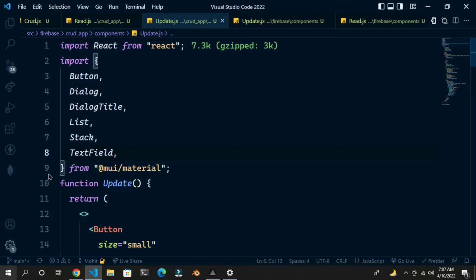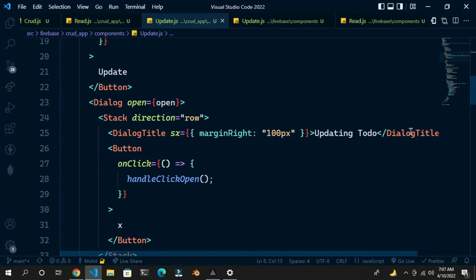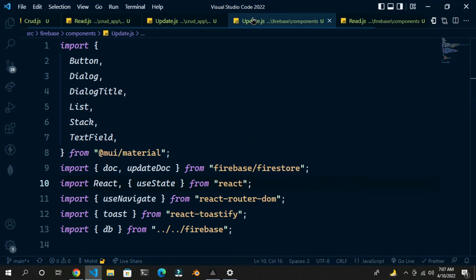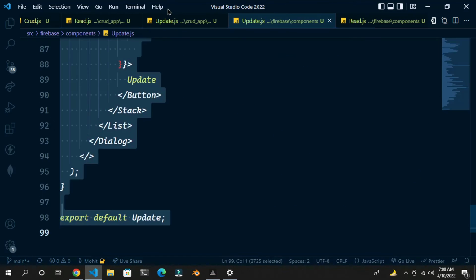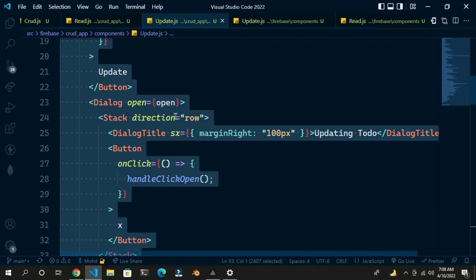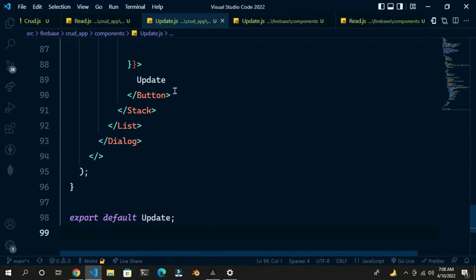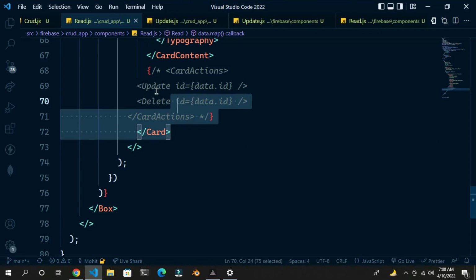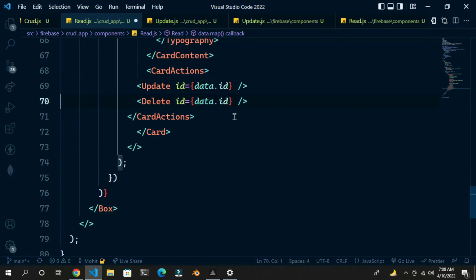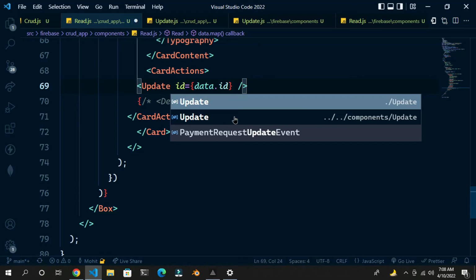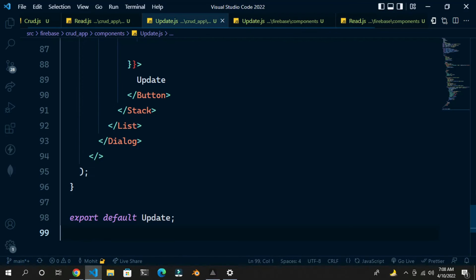So here we imported things, and this may give an error, but let's do it. Instead of that, let's copy the code. And here, instead of hiding these things, I can now render it. So what I'm doing is I'm taking ID as a prop in update, and I'm using the ID